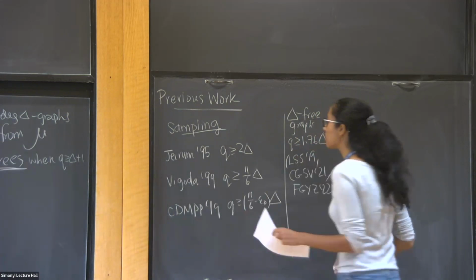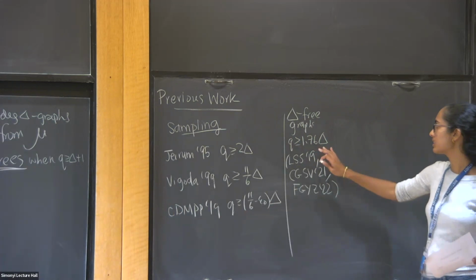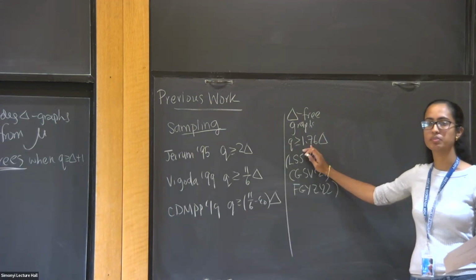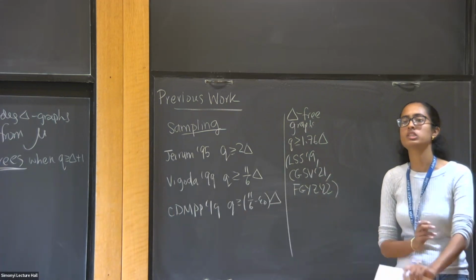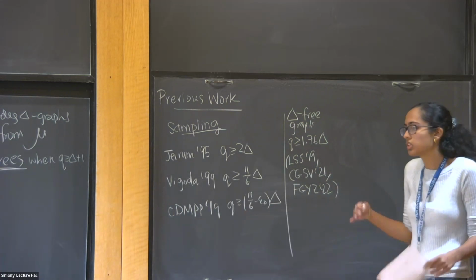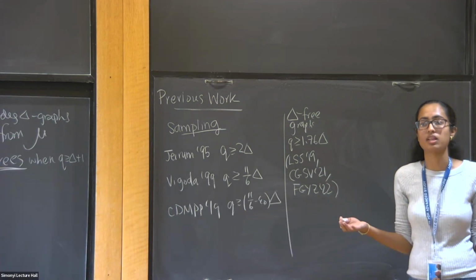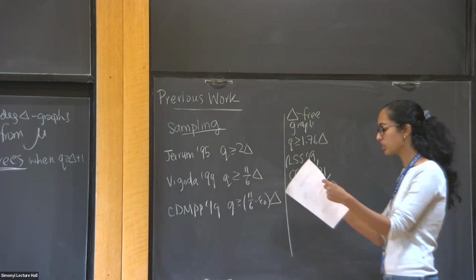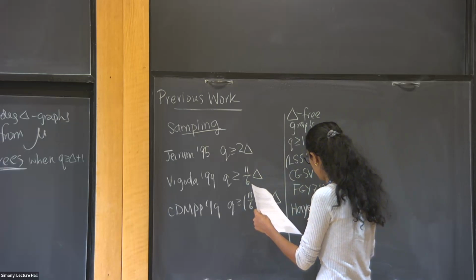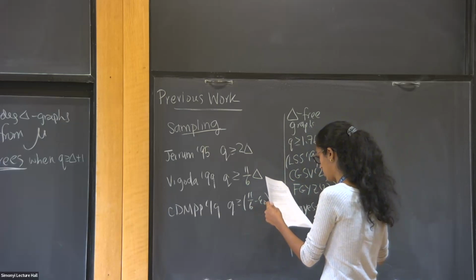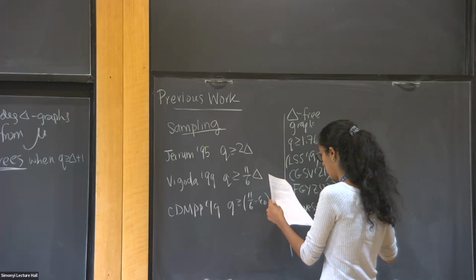But you might ask a different question, which is: this is saying with a minimal condition, how much better can we make it? You might ask the converse question, which is how much of an assumption do we have to make to be able to go down at least to 1 plus epsilon times delta? And the only regime where this is known is due to Hayes and Vigoda, who showed in 2003 that